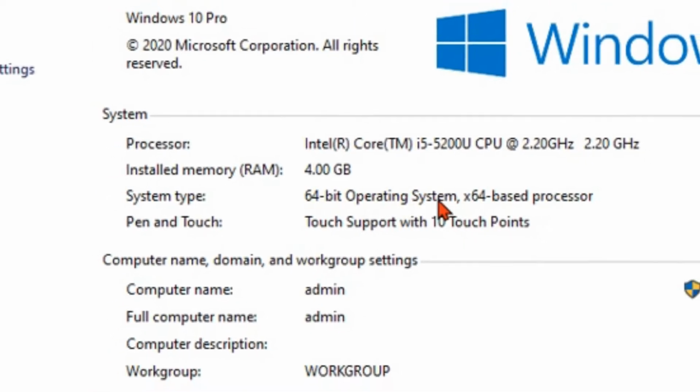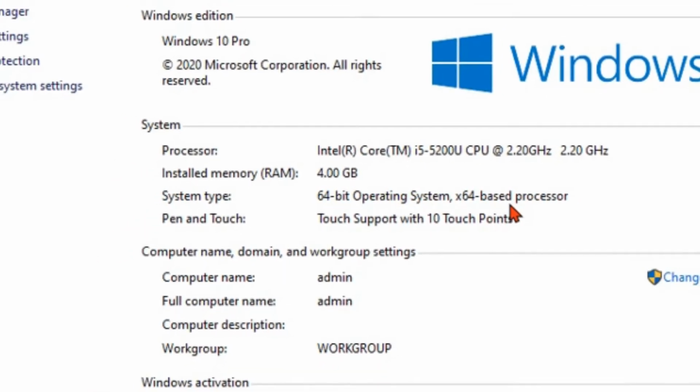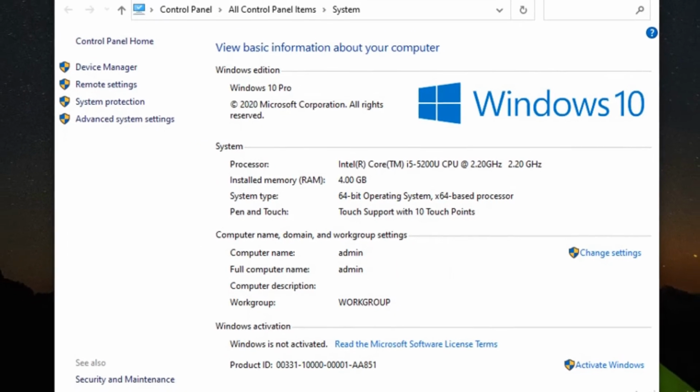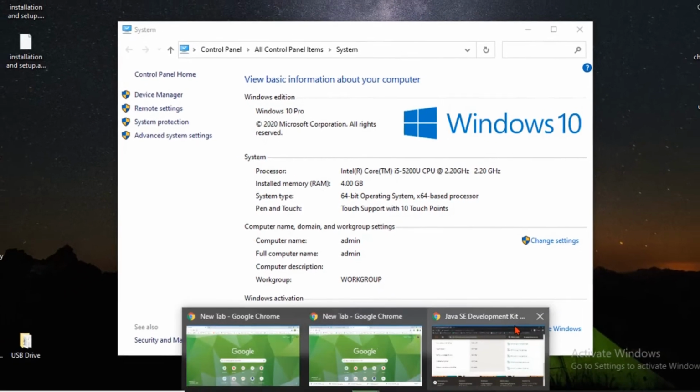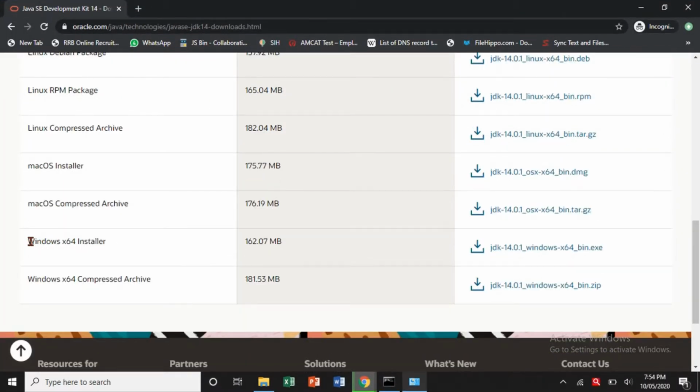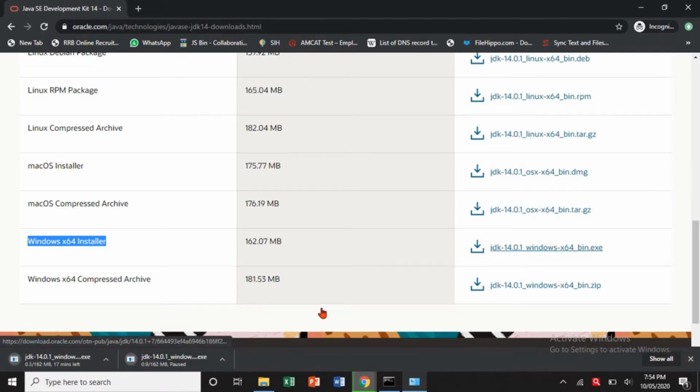Mine is 64-bit, so I will install the 64-bit version. I will download through this link. Just click on this link and it will start downloading. Here you can see.